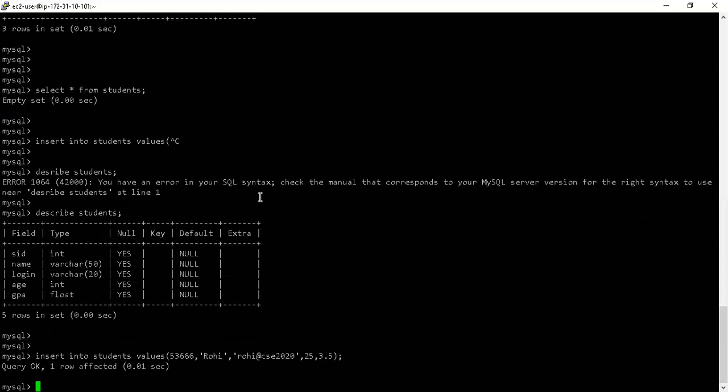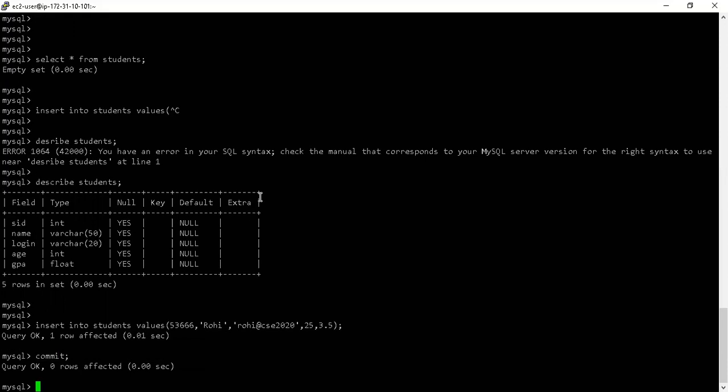Why I'm stressing this point: not all databases will work like this. There will be databases, for example Oracle, where you have to explicitly commit the statement using a commit command like this. In MySQL, at least in the community edition, as far as I've seen, you don't have to commit; the data is there. How do I look at the data?